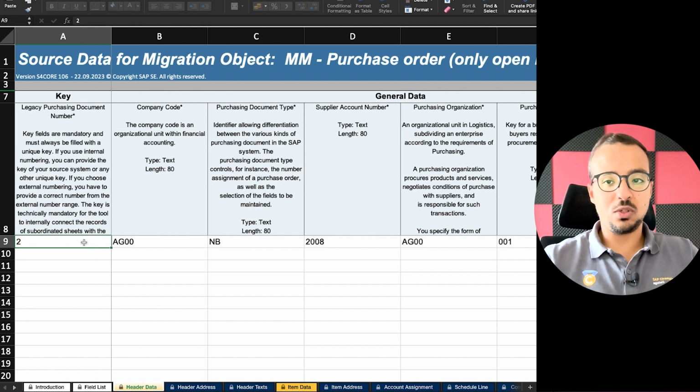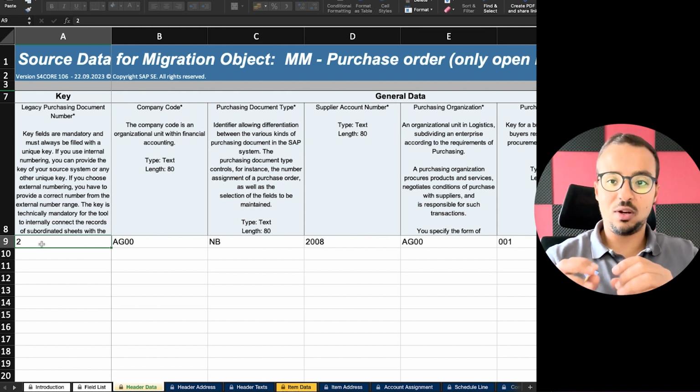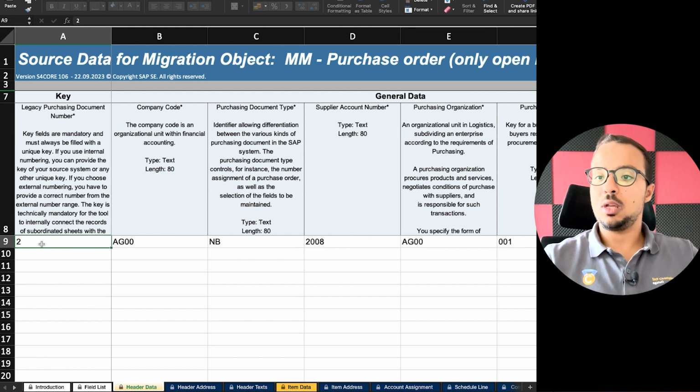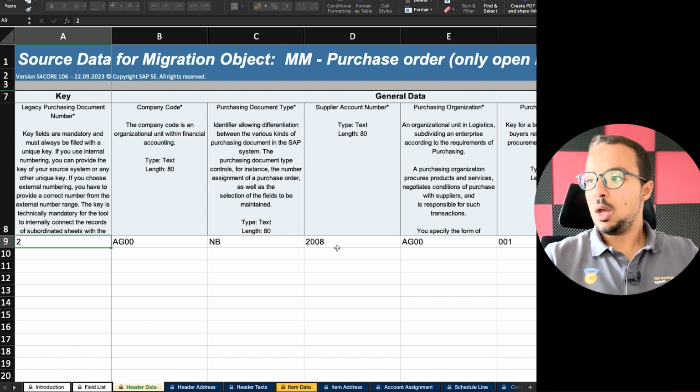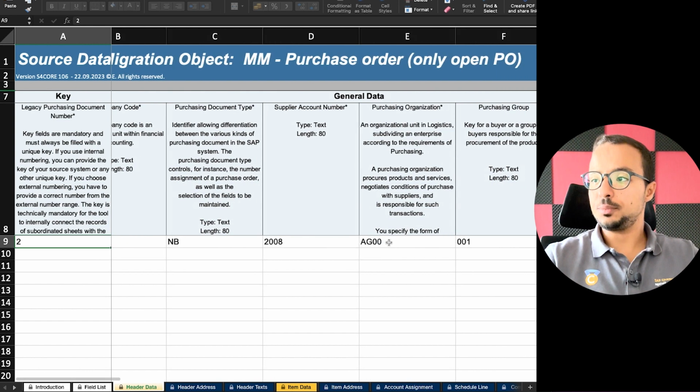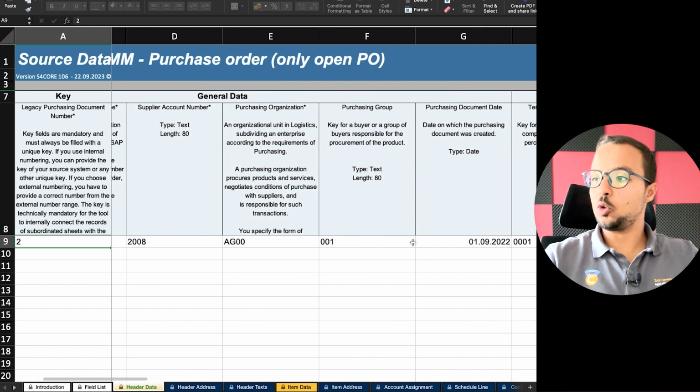So here I'm using the document number 2. I can insert any number here. This is only for my reference to map the different values in the different sheets to the same document. So here this document has the number 2. Company code is AG00. Purchasing document type NB. Supplier is 2008. Exactly the same data I inserted in SAP GUI. And then we have the purchasing group 001. Then we have the purchasing document date